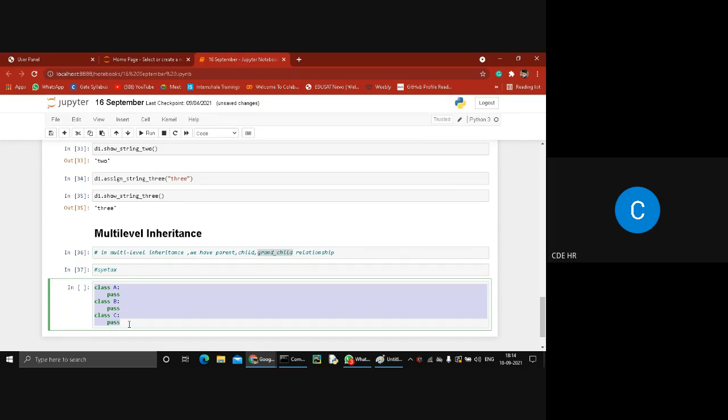The syntax. Sir, class A and class C pass. You see, this is not the syntax of multi-level because we have created three separate parent classes.